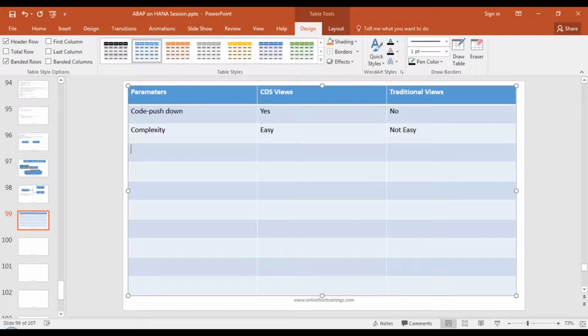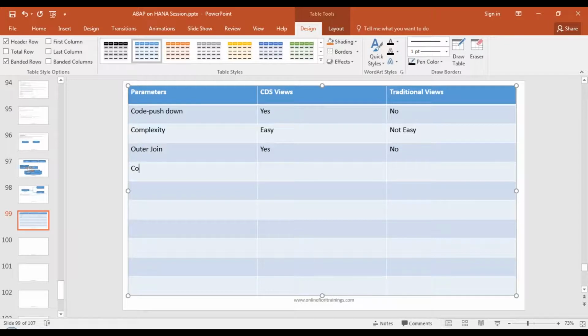Then complexity in terms of what it can do. If you ask, can you do outer join? Outer join is not supported in traditional views, but it is supported in CDS views. So that is in terms of complexity, what else you can do more in CDS views as compared to traditional views.